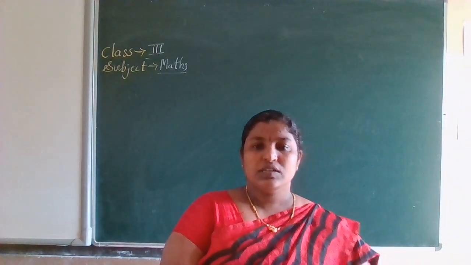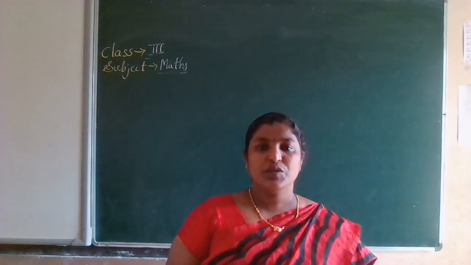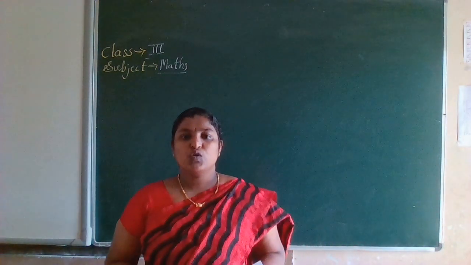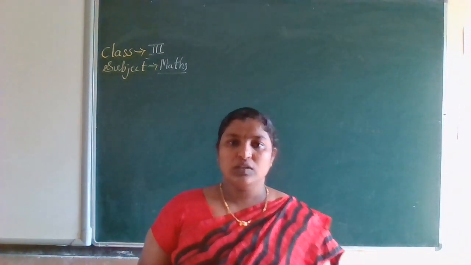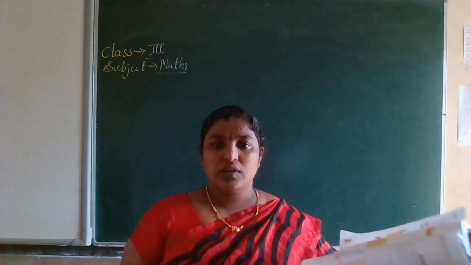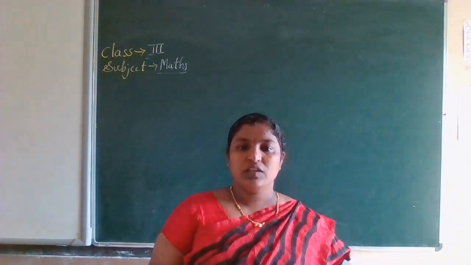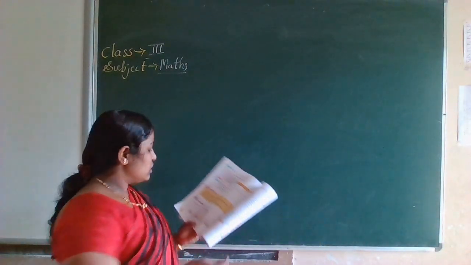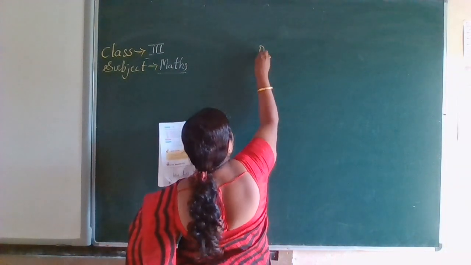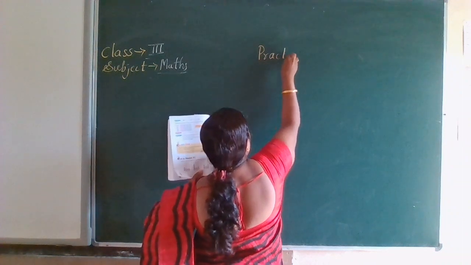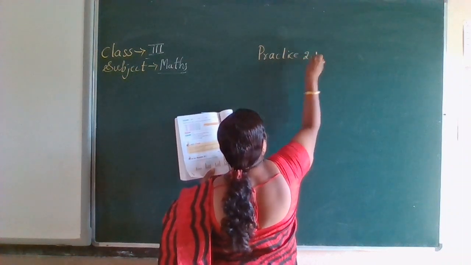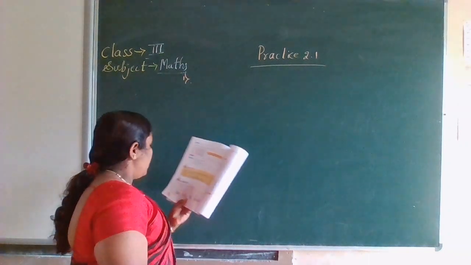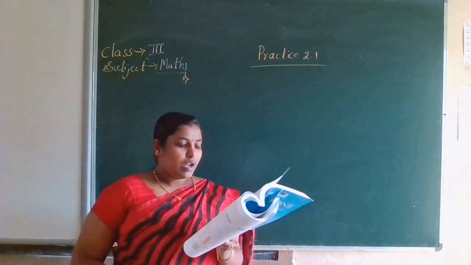So last class we discussed many things, and I told you to solve 2.1 as homework. Now I'll solve it on the board, and you compare your answer with my answer. Next, let's practice 2.1. First one, write the number and number name